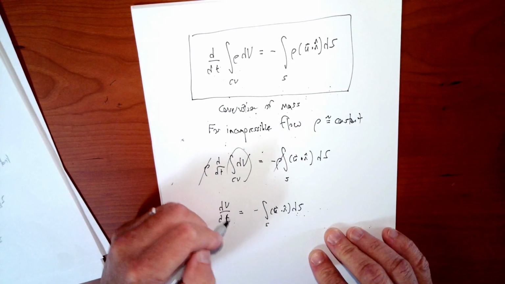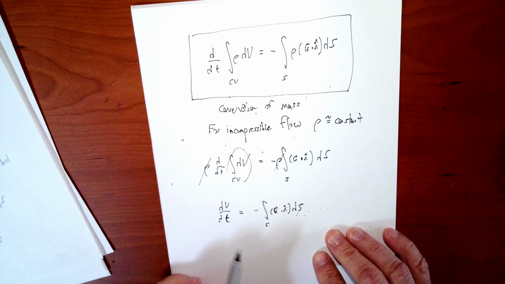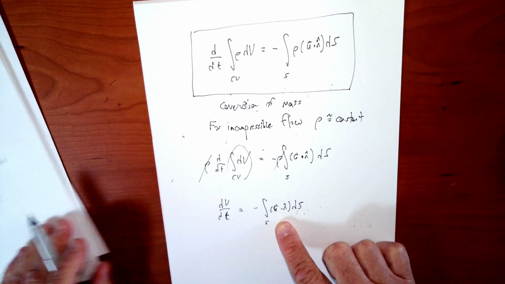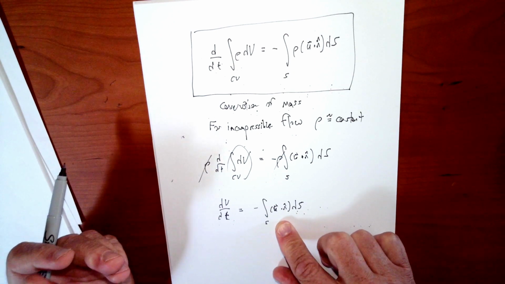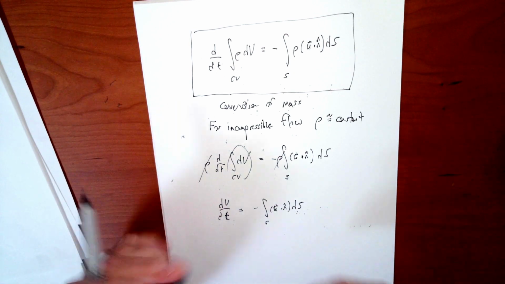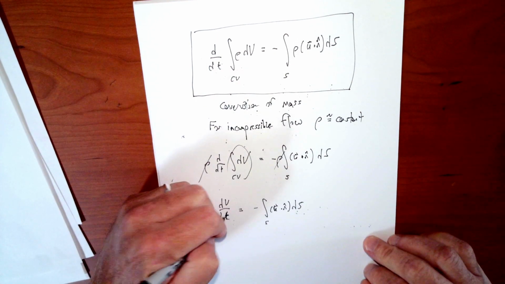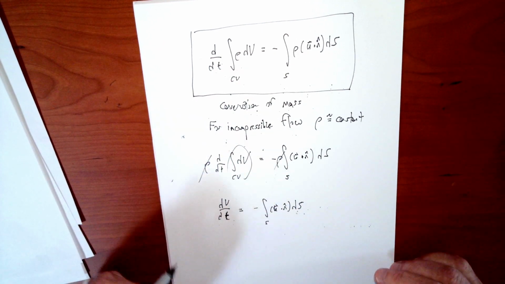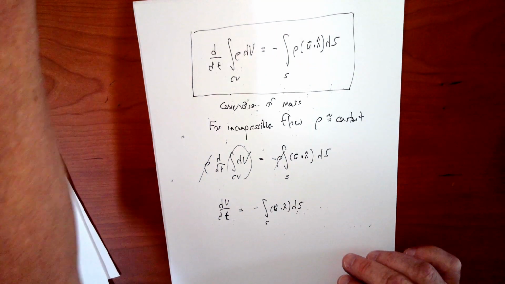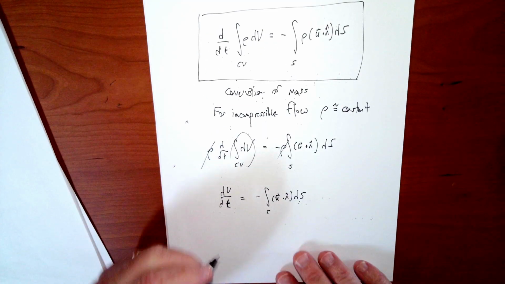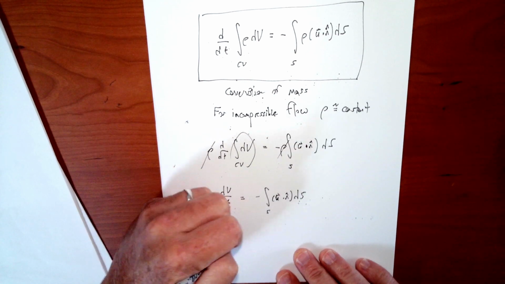But now we see that the volume change, if there's more mass flow in than there is out, then the volume has to get bigger now because the fluid is incompressible. So more mass means more volume. And similarly, if mass starts to leave, the volume has to decrease. So this takes that into account. But in many cases, we also have fixed volume. So if we have fixed volume,